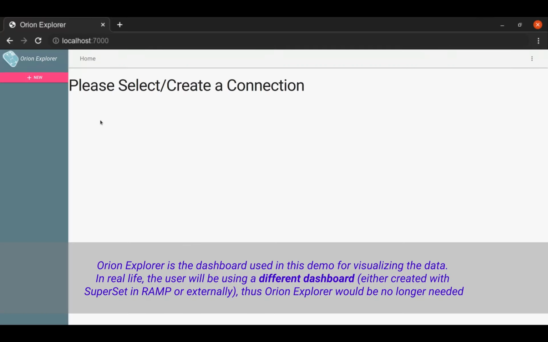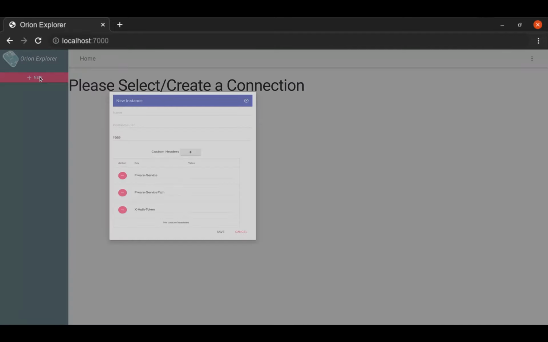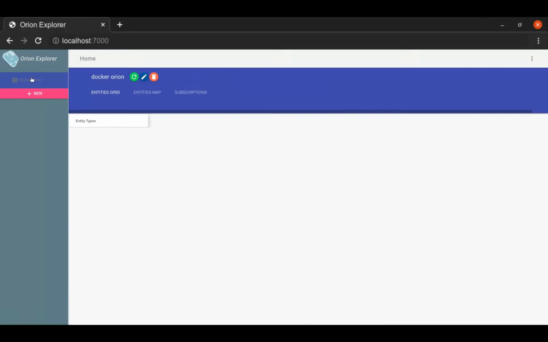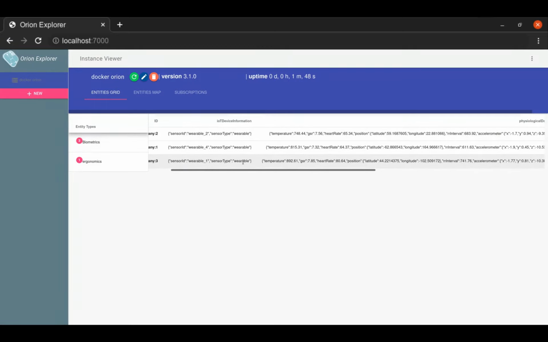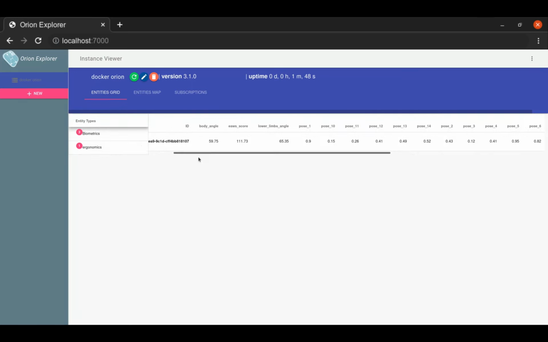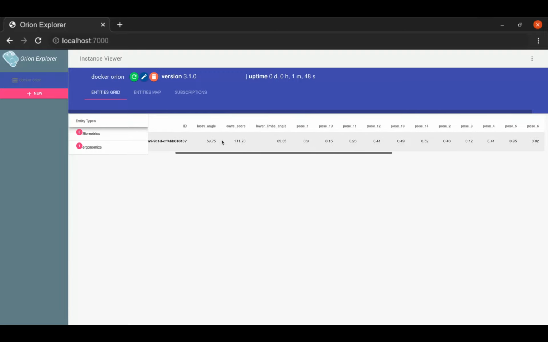If we open our Explorer application, we can see random data coming to Orion. We have to set up the connection to Orion first. Remember that Explorer and Orion are Docker containers. We can see entities of types biometrics and ergonomics. We have 3 entities for data from wearable devices, with physiological data, acquisition timestamp, and worker information. While for ergonomics data, we have 1 entity with the fraction of time a worker has assumed a certain position